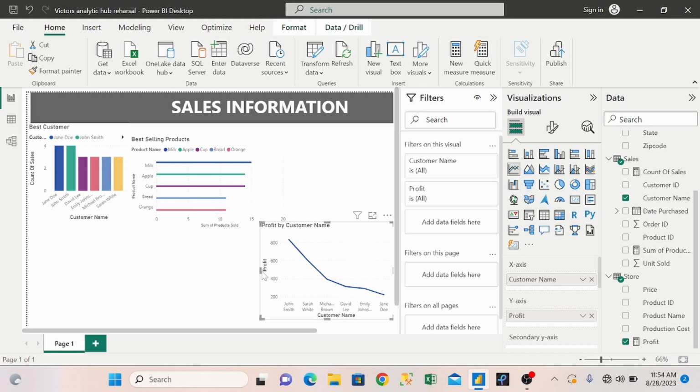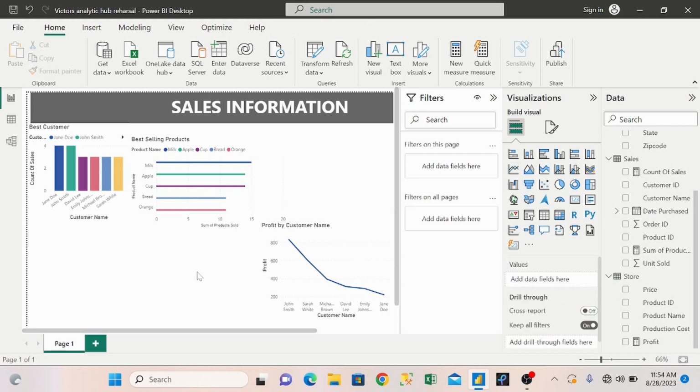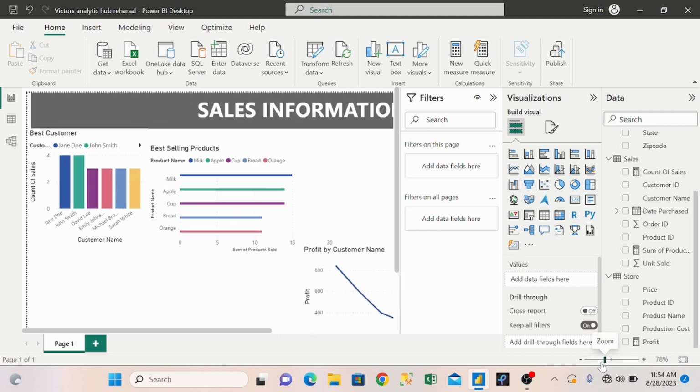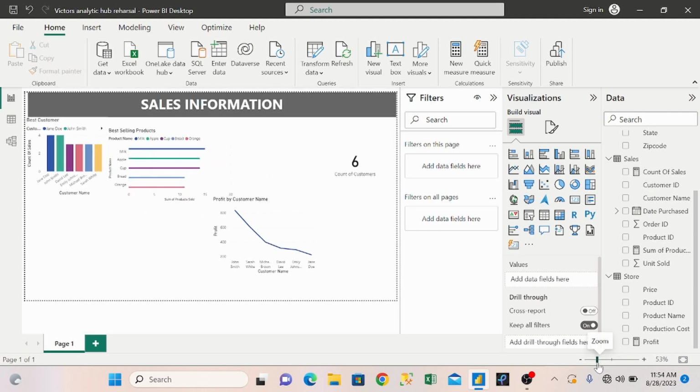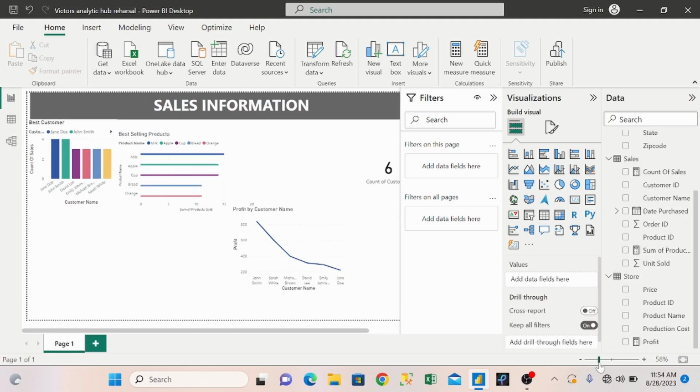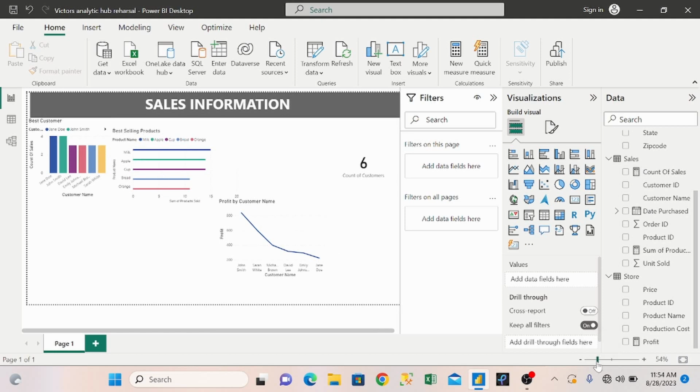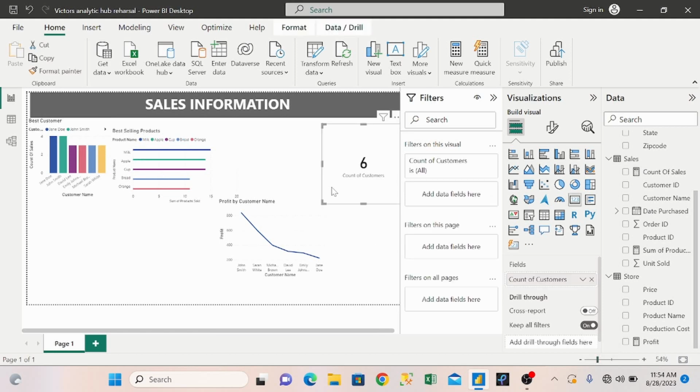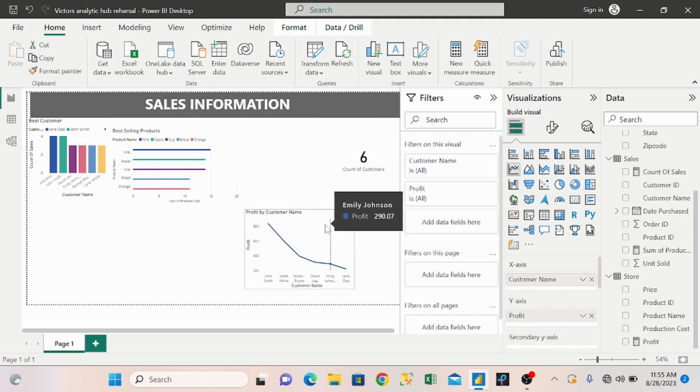Now I want to know. I think that's it. Wait, let me arrange this a bit. I don't think you guys will be seeing it properly. Okay, I think this is enough. Now, for my next visualization,